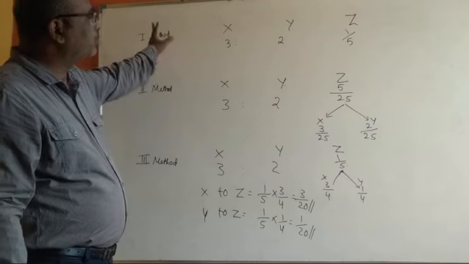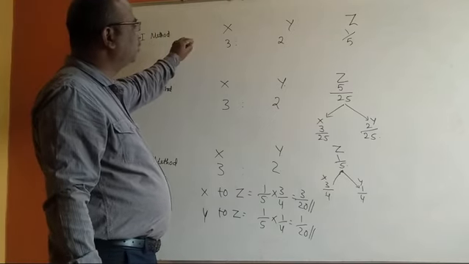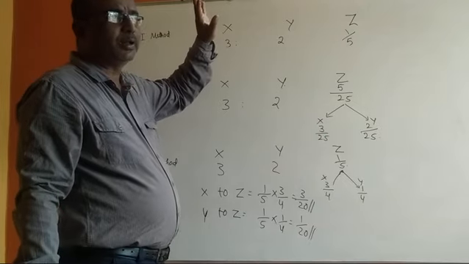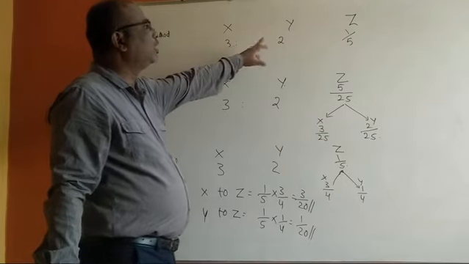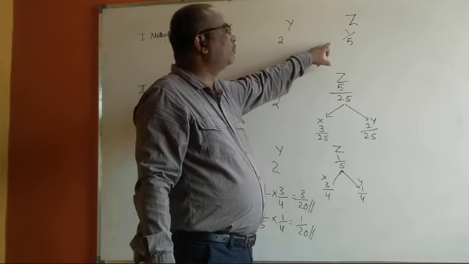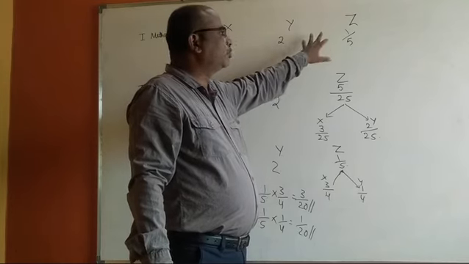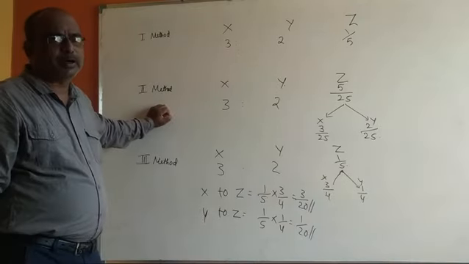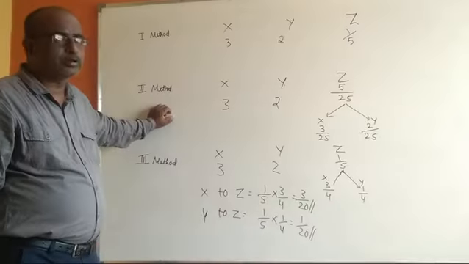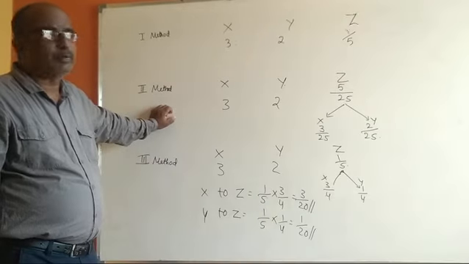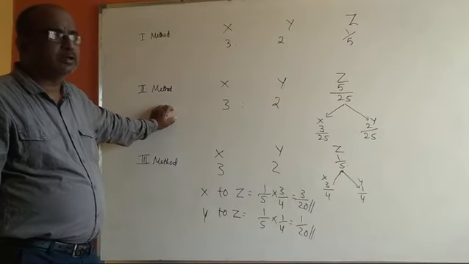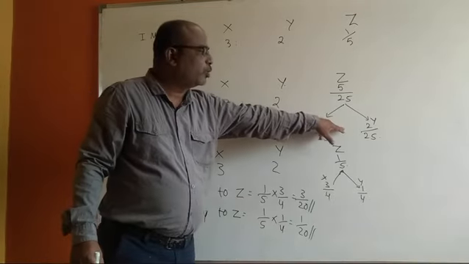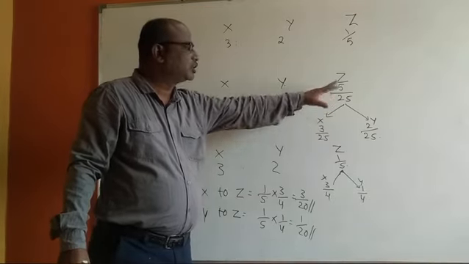So if in the problem it is just mentioned that X and Y are partners sharing profits and losses in the ratio of 3:2, they admit Z as a new partner with 1/5 share in the future profits, it should be considered as first method. In second method, X and Y are partners sharing profits and losses in the ratio of 3:2. They admit Z as a new partner with 5/25 share, out of which he obtains 3/25 from X and 2/25 from Y. This should be considered as second method.